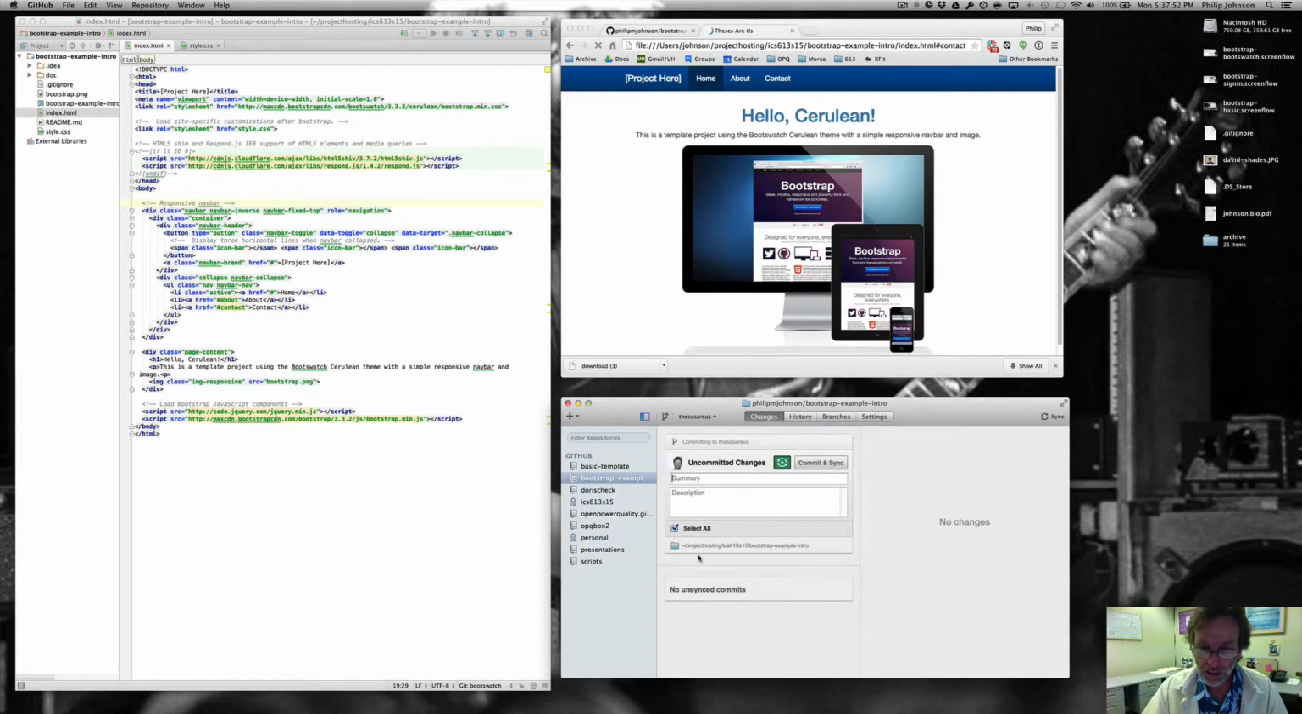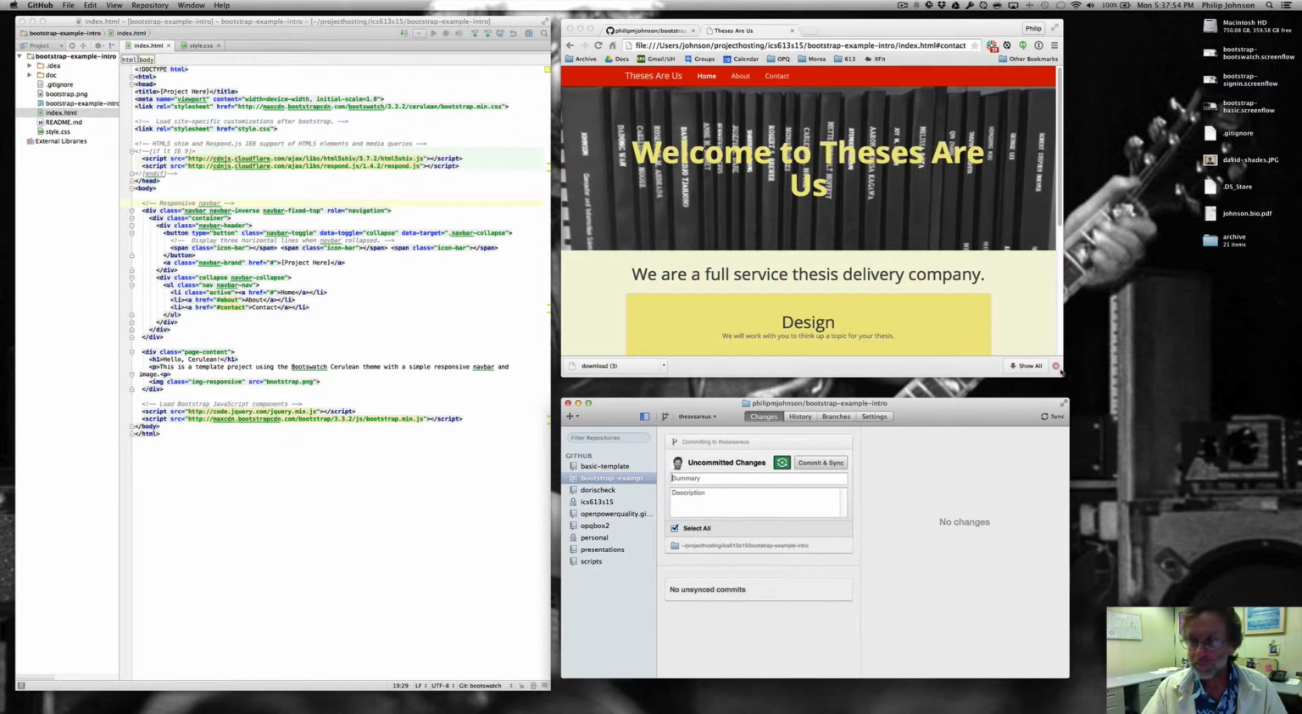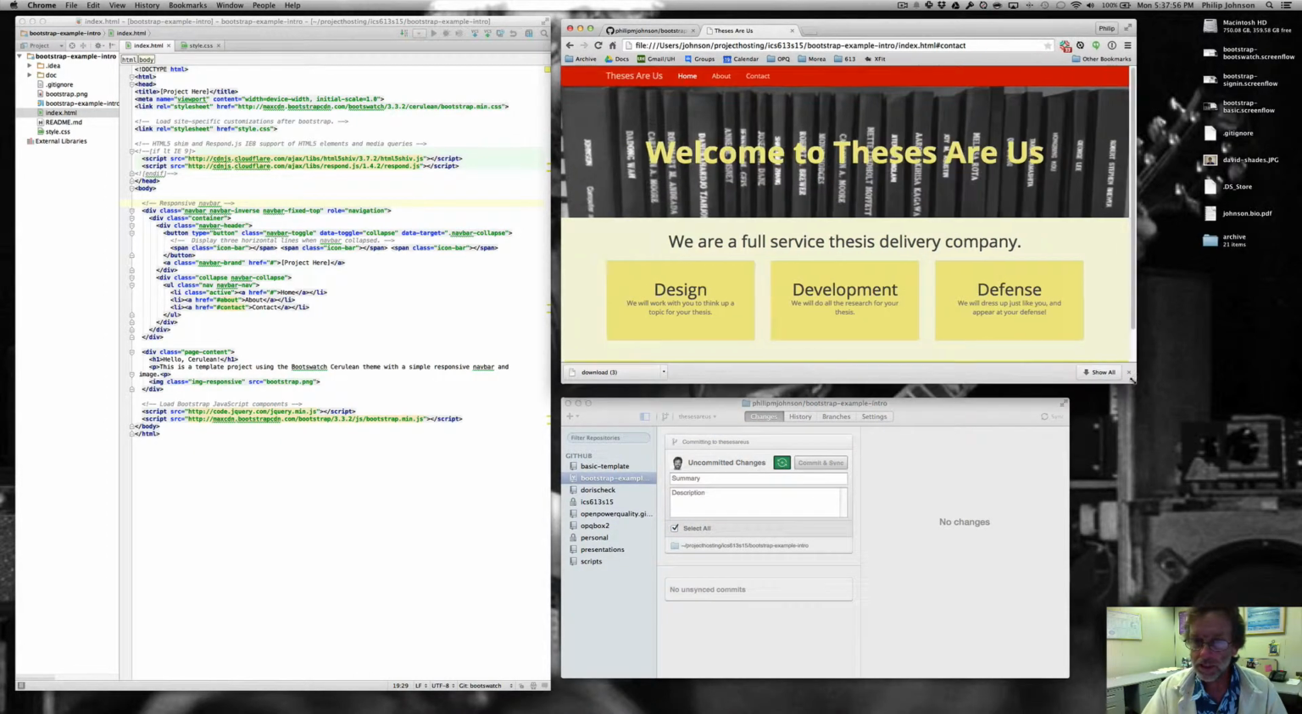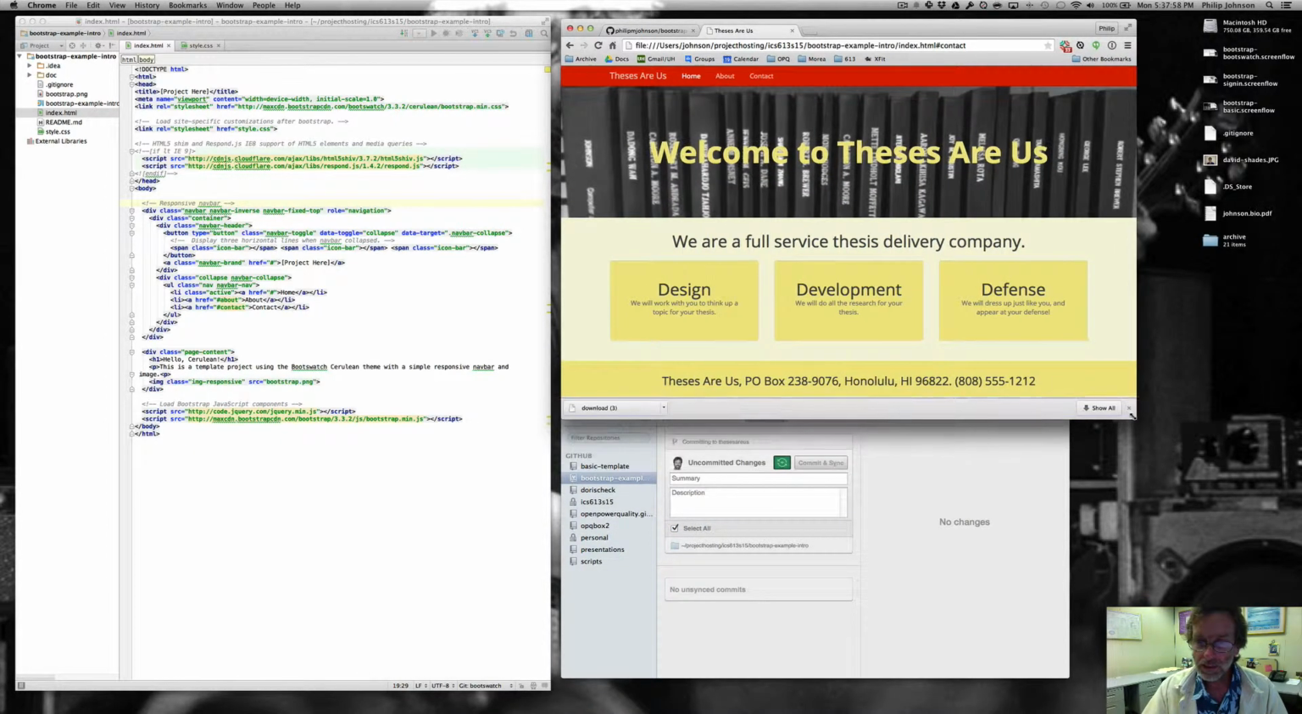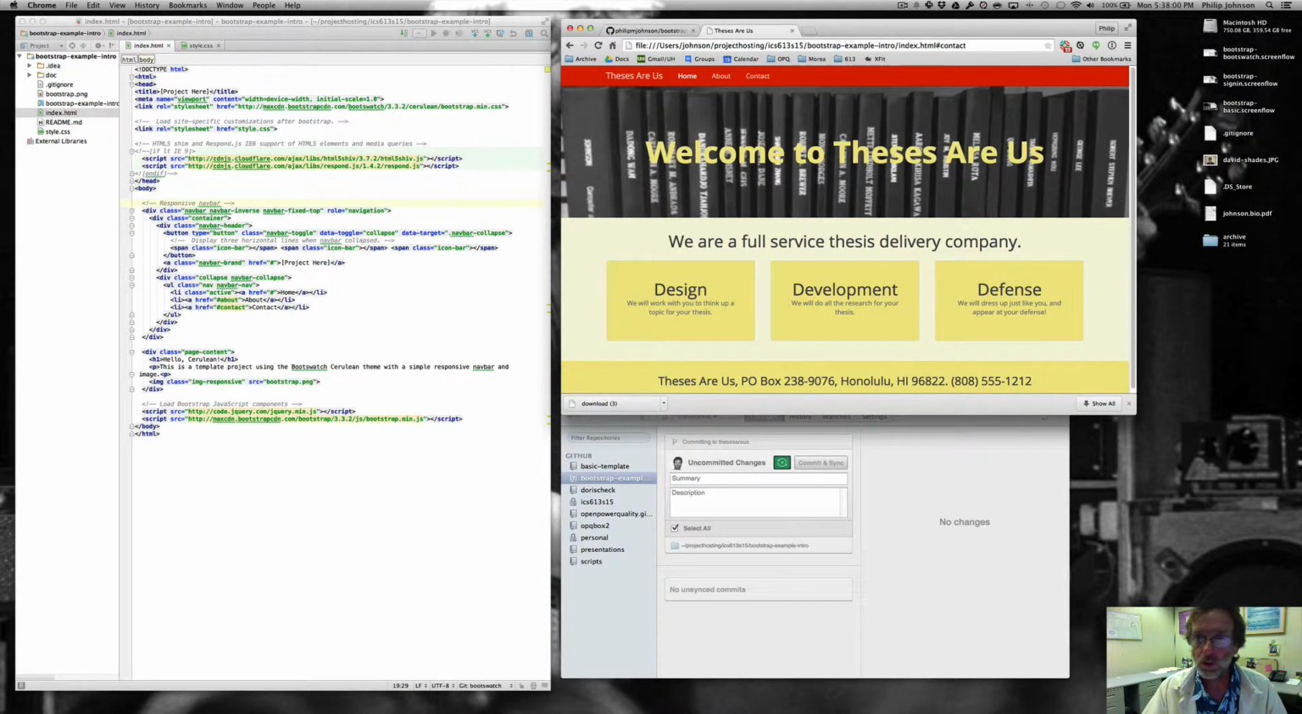It's called the Theses Are Us site, and let me expand a little bit so you can see what it looks like. Okay, there it is in all its glory. Theses Are Us. I tried to think of a one-page example of something that would be appealing to every graduate student, and I thought,